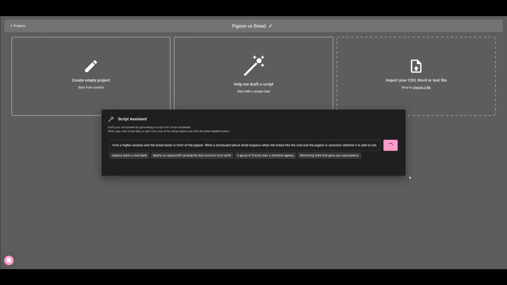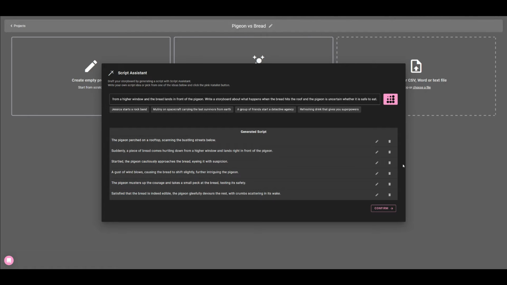Maybe it'll be interesting, maybe it'll be stupid. But that's the case with AI, you can never really be sure. So we're going to generate the storyboard. This is what it gave us. And you'll see that I have the option to edit it if I don't like it, or I can just trash it altogether. But it always defaults with 6 different